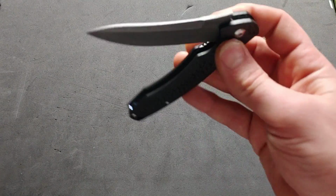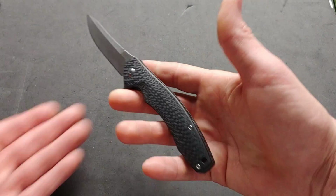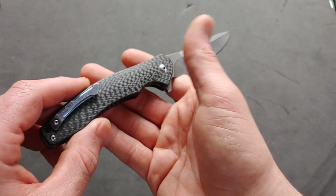Highly recommend one of these knives. Great materials for the $50 value, titanium and carbon fiber. But yeah,